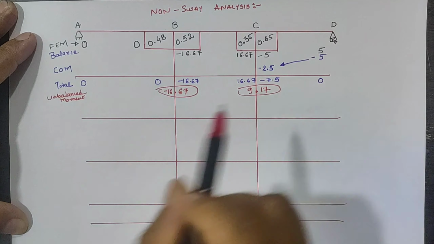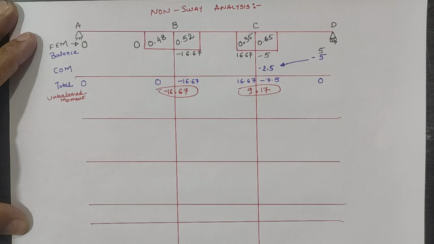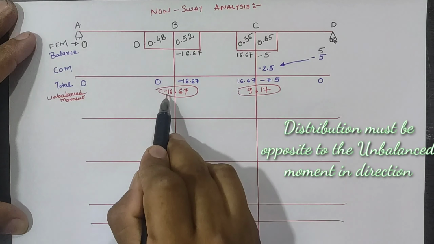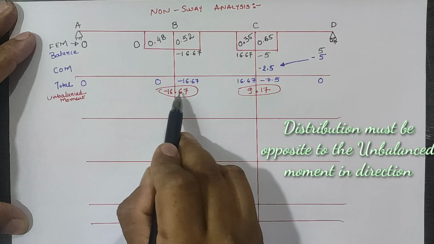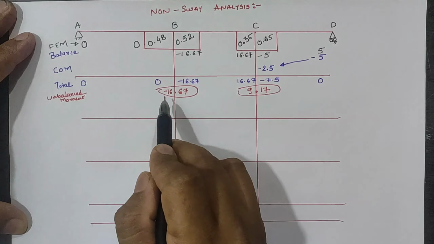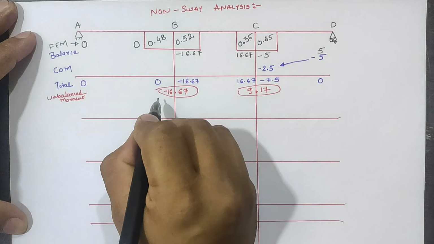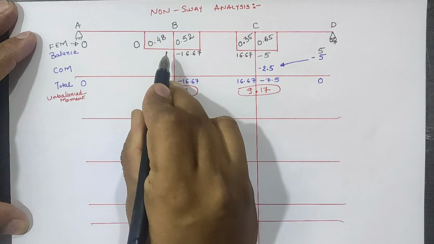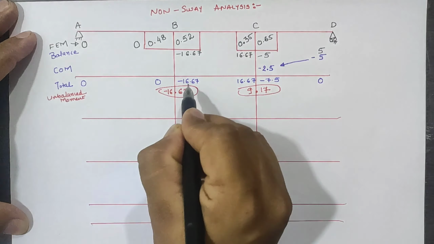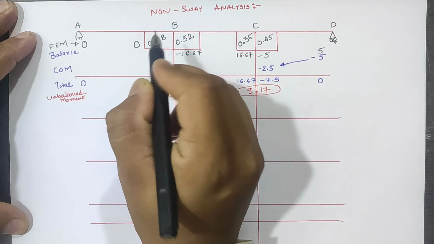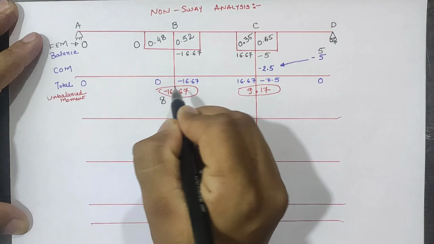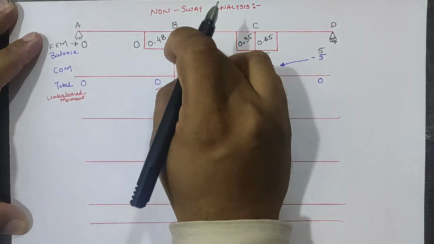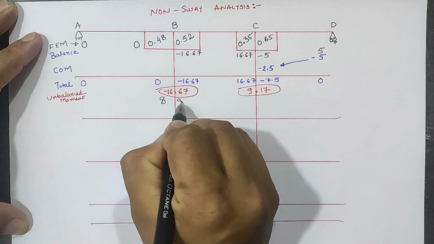9.70. Now if the unbalanced moment is negative, then the distributed moment is going to be opposite of the negative, hence a positive value must be there in the distributed moment. So our distributed moment at joint B is 16.67 into 0.48, which is equal to 8. Similarly, at BC span, 16.67 into 0.52, the value is